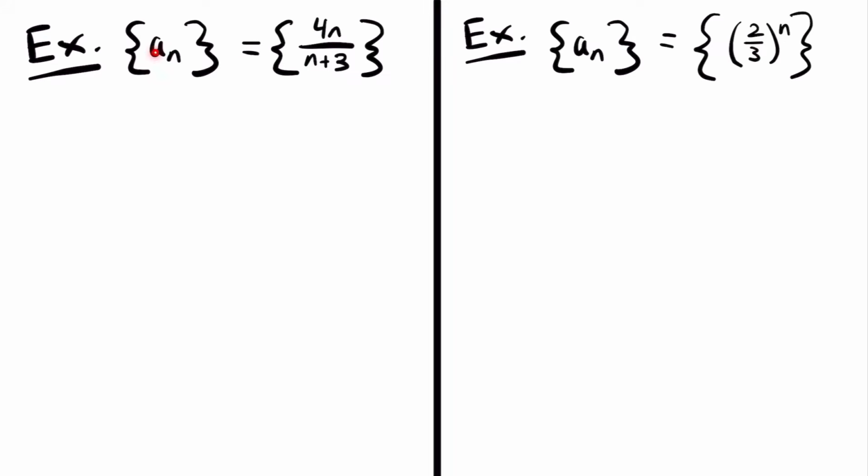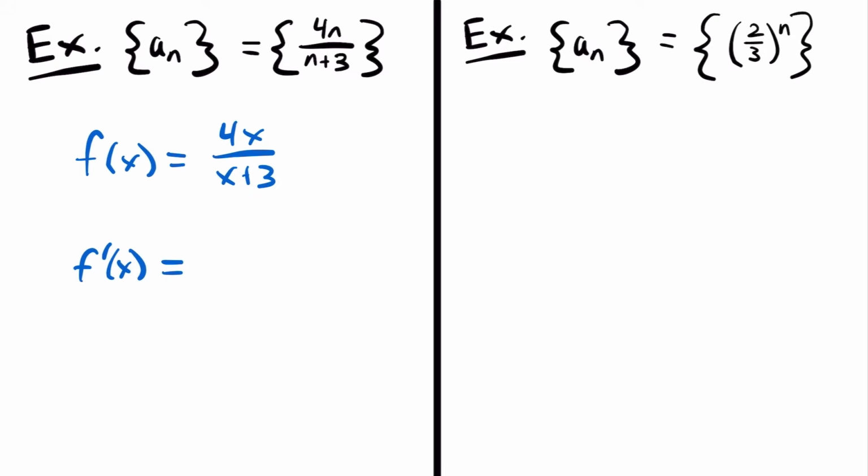This sequence, a sub n is equal to 4n divided by n plus 3, would have a corresponding function of f of x is equal to 4x divided by x plus 3, right? We just replaced n with x and made it a function. And so if we took the derivative of this function, f prime of x, that's going to require the quotient